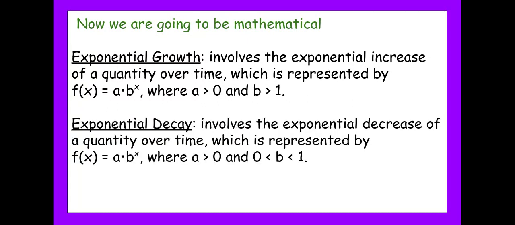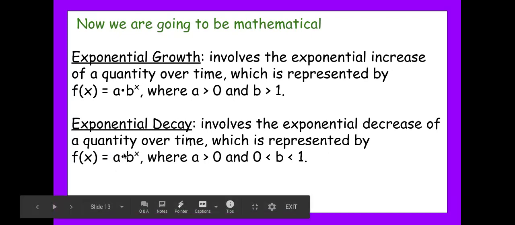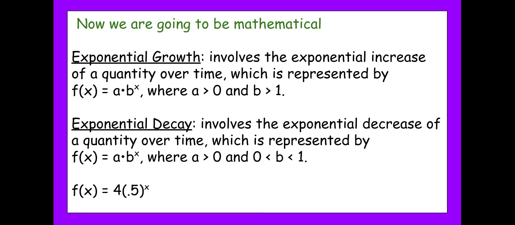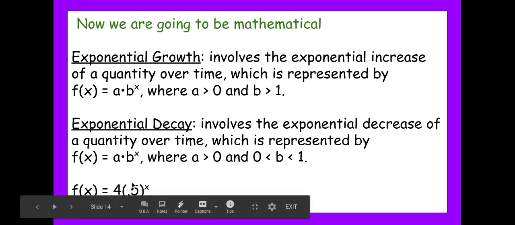On the flip side, for an exponential decay, a has to be greater than 0. If it's negative, it flips it. So we're not talking about that right now. But b is between 0 and 1. b, the base, has to be a fraction for it to be a decay function. So b can be 0.5. Even if this number in front is a whole number, the base has to be a decimal. Same thing here. Your bases can be decimals. Even your a's can be decimals, but as long as your base